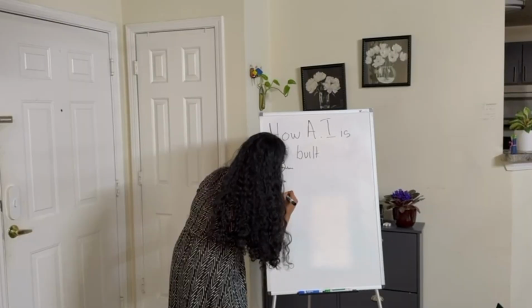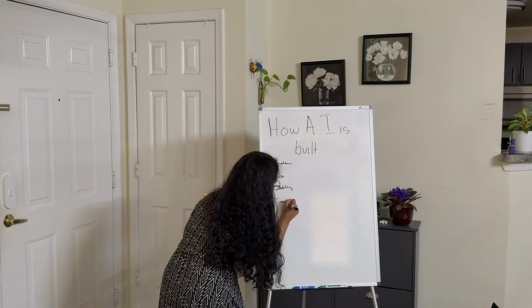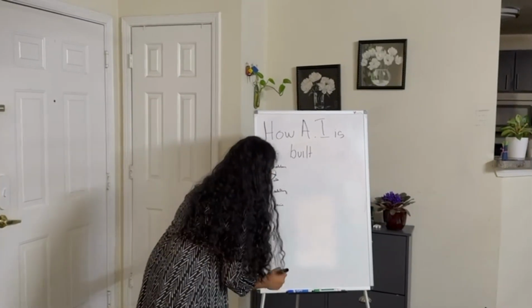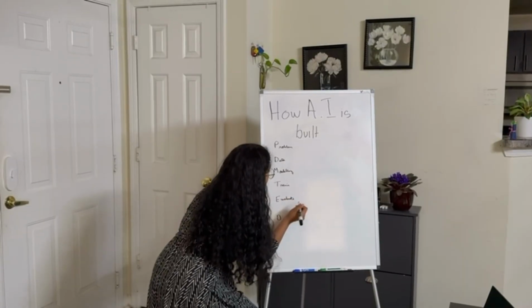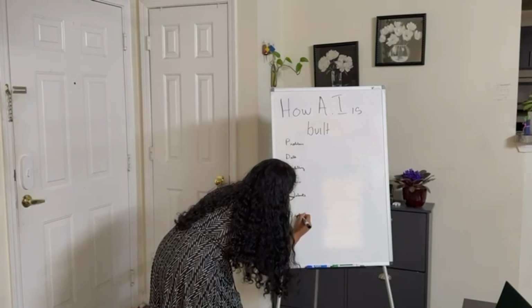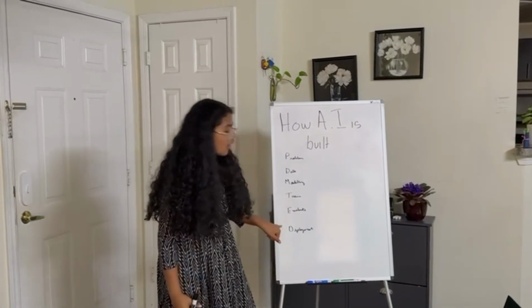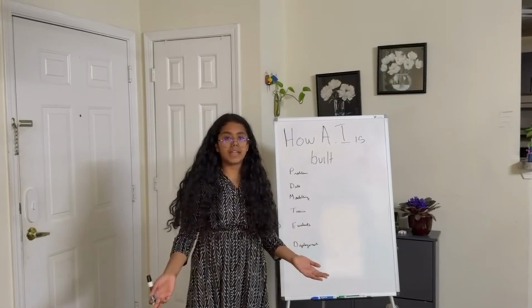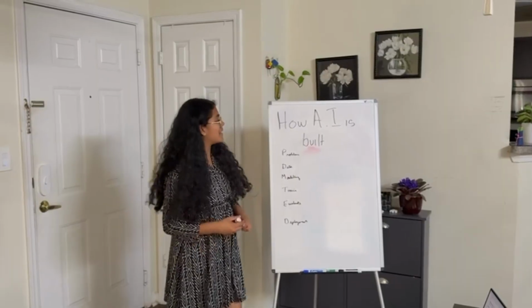Next up is modeling using the data that we collected. Then we have to train the AI model. Then we have to evaluate how effective that AI was in solving our problem. And lastly, we have to deploy it in the situation where we need to use the AI and obviously track it and make edits when needed. Now, let's take a close look at each step individually.